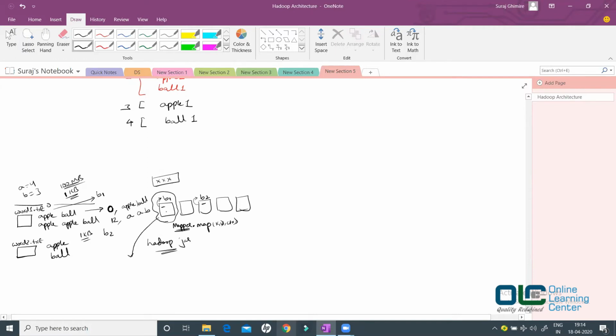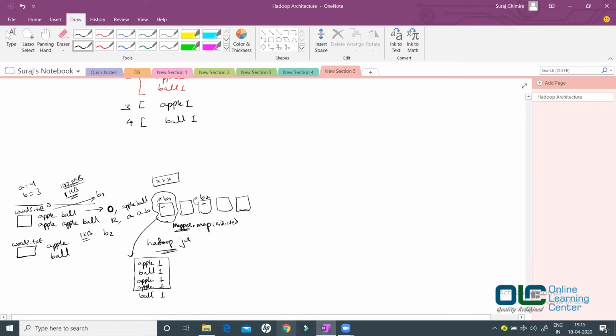So what are you expecting as the output of this mapper.map execution? Of course, key value pair, but what exactly are you going to get? Tell me the data. So you get apple 1, you get ball 1, and for the second line, you get apple 1, ball 1, correct?